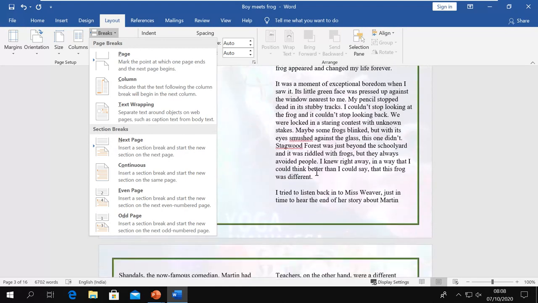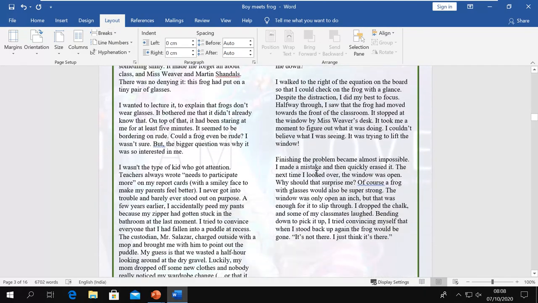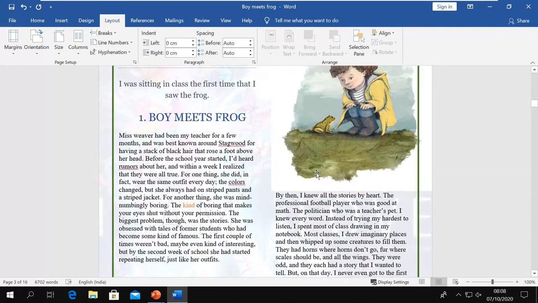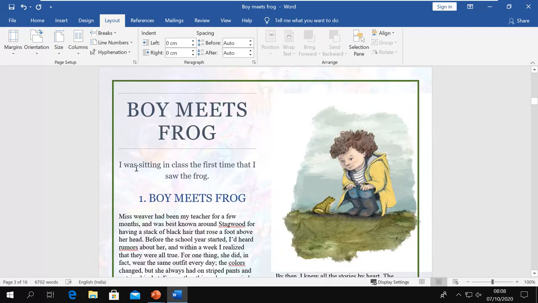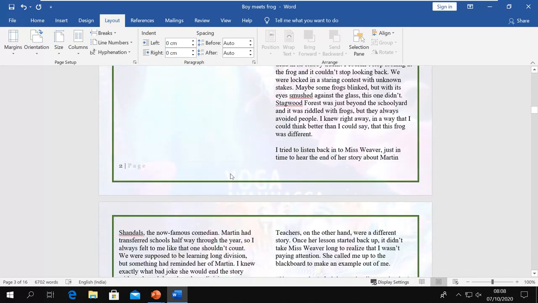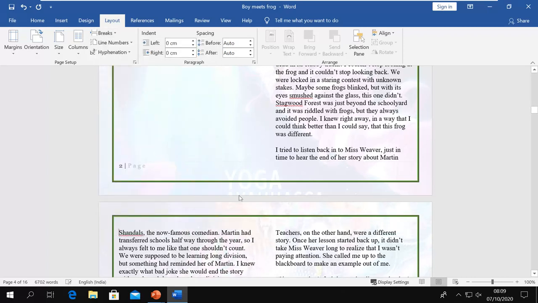Right now if you see, all the pages have 2 columns, but suppose I don't want 2 columns in this first page. So what can I do? I can break it from here. I will put my insertion point here, and I will break it from here. I say next section, next page. Now nothing happens, but actually it breaks the page from this page to here.